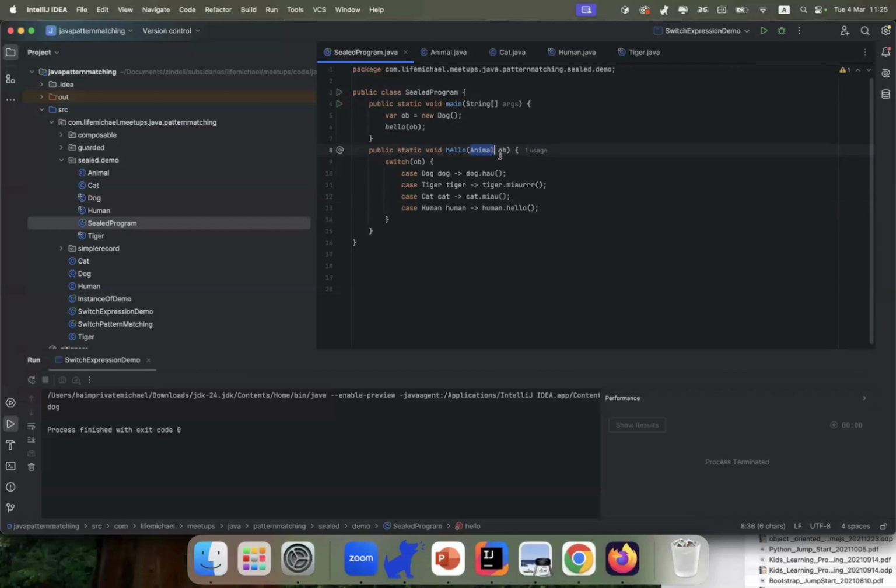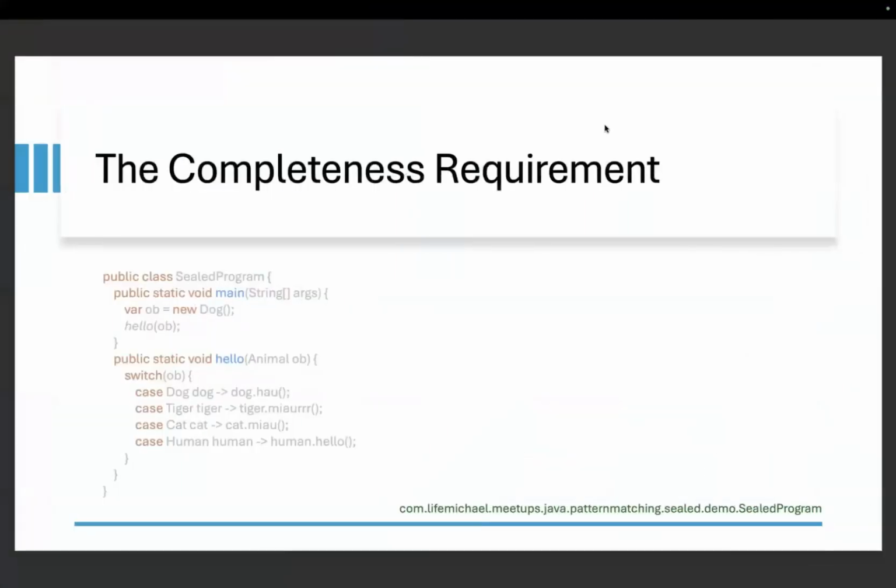So it must be an object either instantiated from animal, if animal is not abstract, or an object that was instantiated from a class that extends animal. That helps us with meeting the completeness requirement. Now, if I take one of the cases away, as before, then we get a compilation error. So let's go back to the slides.